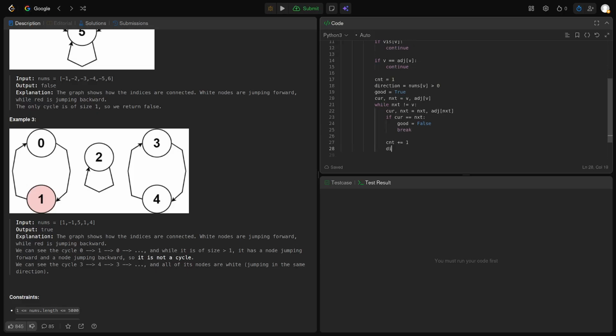Otherwise count is 1. Now if nums[next]. Okay, so technically then we don't need count, and then we do, because let's say we'll have a line